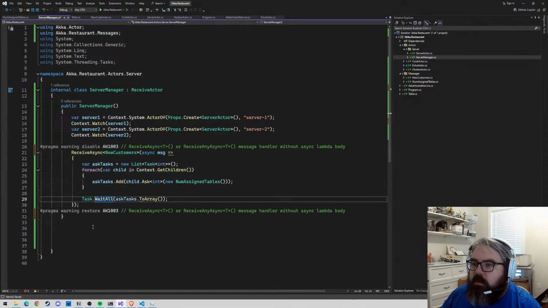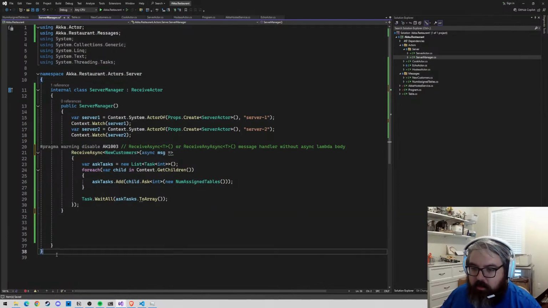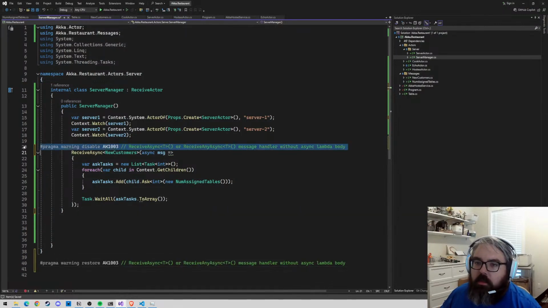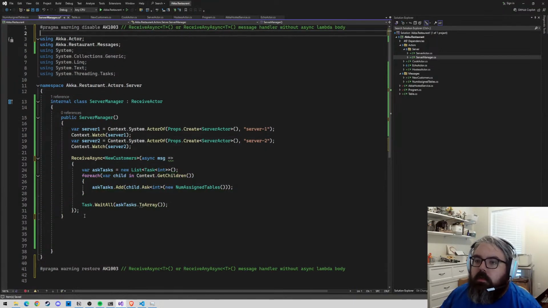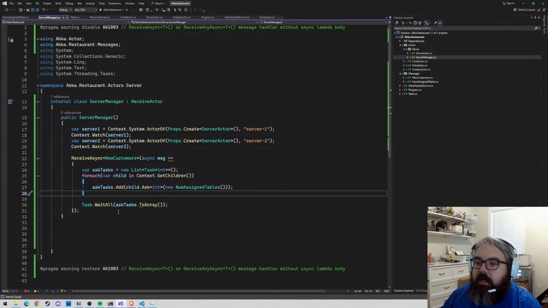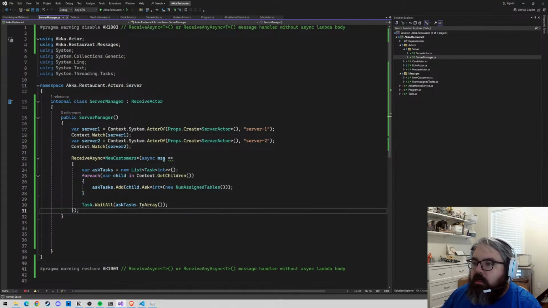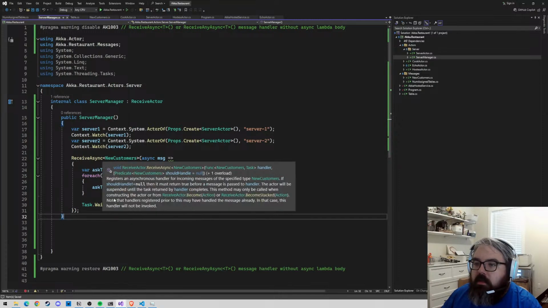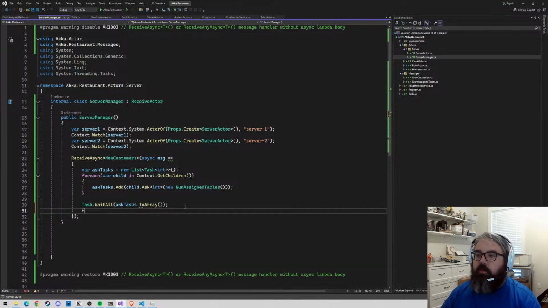In source, let's do that. Okay, well, if we're going to do that, then we're just going to do this. So now all of them are suppressed. So here we are waiting for, oh, it locks in a wait operator, that's fine. So we are waiting for all of those, and then